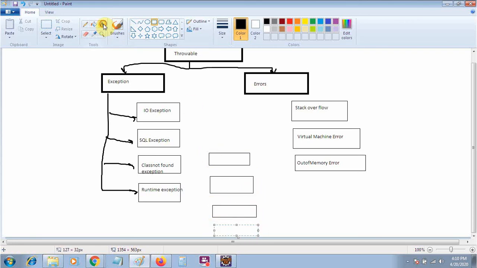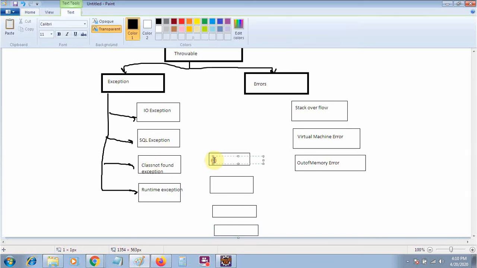The first part is ArithmeticException. Each and everything will be used in your Selenium, that's why I am covering the complete thing. Input output, class not found, SQL, runtime, each thing will be used in your Selenium. And also the NullPointerException. We will discuss all these in our examples also.